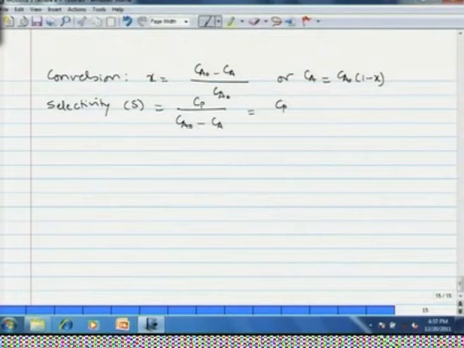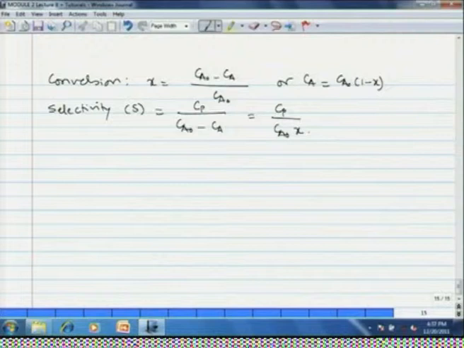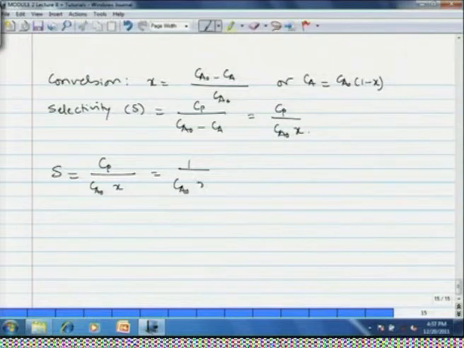Now, if you multiply these concentrations by volume, you will get number of moles. Okay, so, this is essentially same as number of moles of product P formed divided by number of moles of A converted. Okay. So, this is Cp into Ca naught into x, okay. And then we substitute all that we have, we substitute for Cp, we substitute for Ca. S is equal to Cp divided by Ca naught into x. So, 1 divided by Ca naught into x into K1 by K2